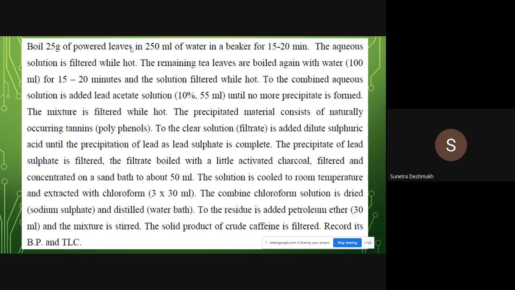Boil 25 gram of powdered leaves in 50 ml of water in a beaker. The aqueous solution is filtered. We have to filter that like the tea we make, no, we do boil tea powder in water. So same thing we have to do, filter that one. Again, whatever solid remains in our beaker, we have to add water again and boil it for 15 to 20 minutes, and again collect that filtrate after